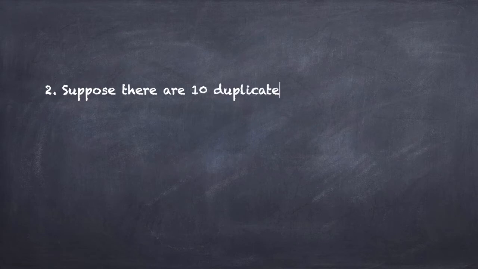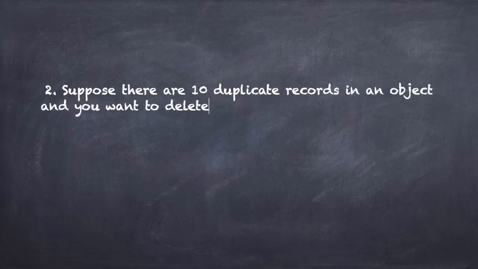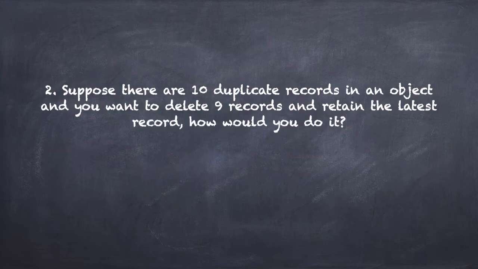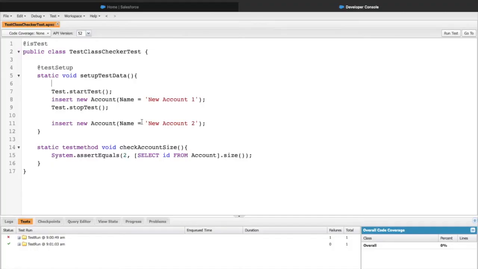Alright, so the second question is, suppose there are 10 duplicate records in an object and you want to delete 9 of them and retain the latest record. How would you do it? Moving on to the next question, which asks, if there are multiple duplicate records in the system, how do you get rid of all the other duplicates and retain only the last record that's been created? So for this, let me create another Apex class,